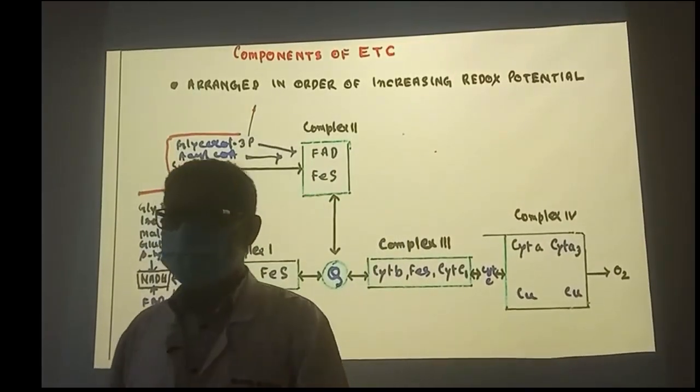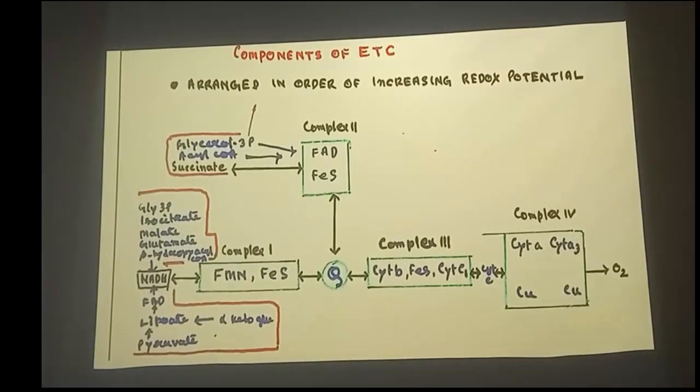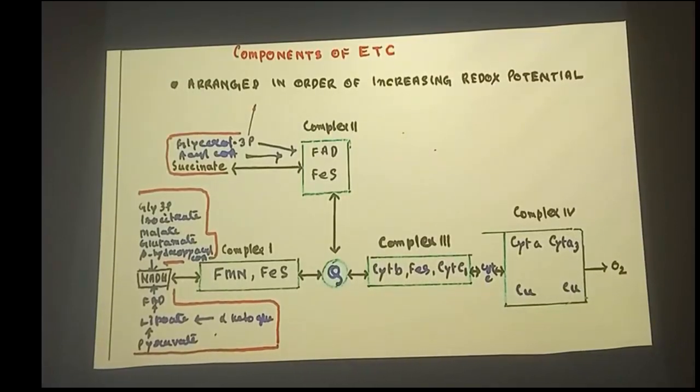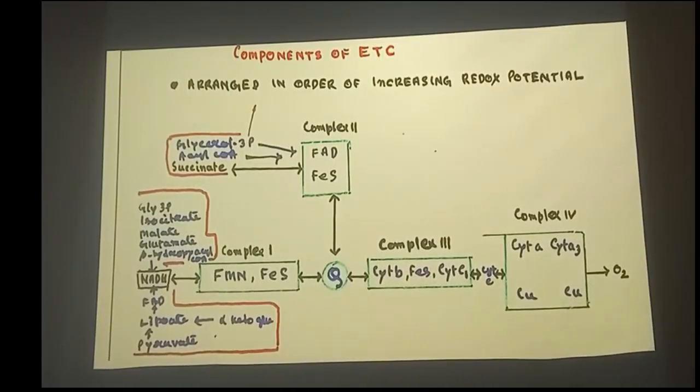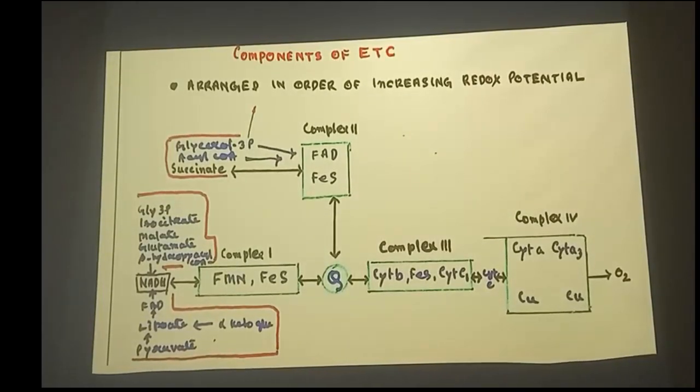Now how? What is the mechanism? How is the electron transferred from one end to another? There must be some potential difference, otherwise the electron cannot be moved. So we will go into more detail.